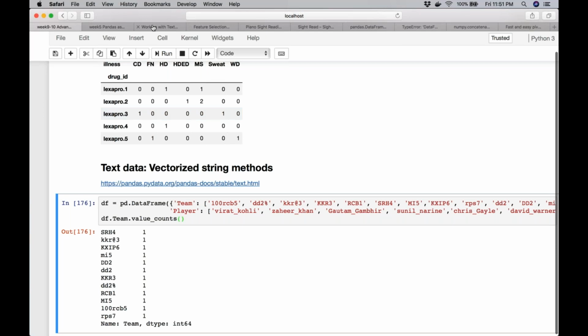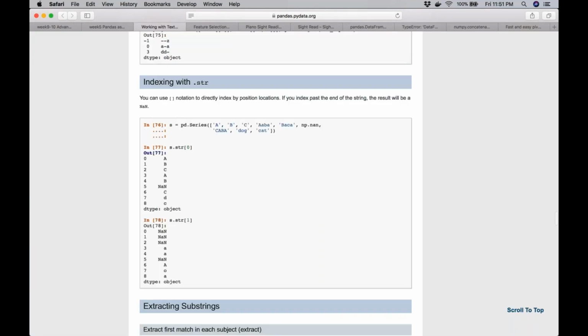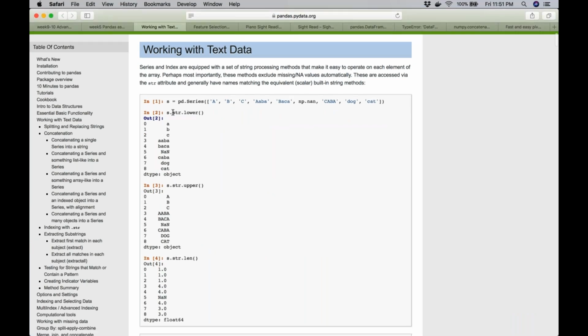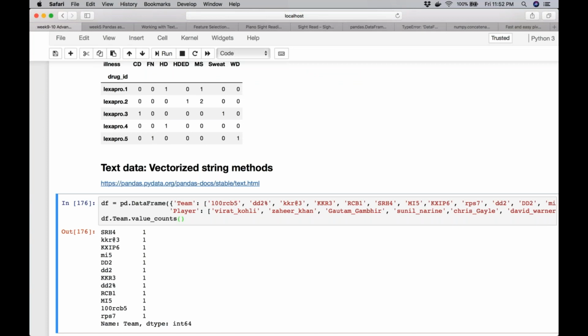For all of these, as I said, there are string methods. They all start with the str accessor. So instead of using the series or the data frame dot lower, these are series methods first of all. These are not data frame level methods. So you need to remember that they work on the series, and you need this str accessor to use the function. You can use the Python lower, but then you have to apply, and apply is definitely slower. In any case, wherever you can, use the vectorized operation.